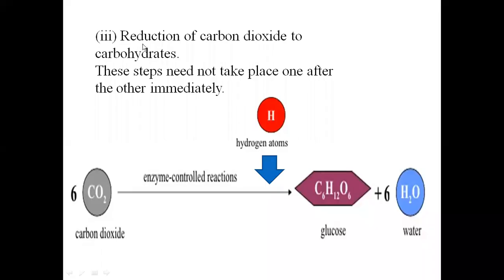Now, when the splitting of the water molecule has taken place, hydrogen atoms are formed. These hydrogen atoms combine with carbon dioxide, and we know that addition of hydrogen to any molecule is known as reduction. So we can say that here reduction of carbon dioxide is taking place, and a form of carbohydrate, that is glucose, is formed in this step. So these are the main steps of